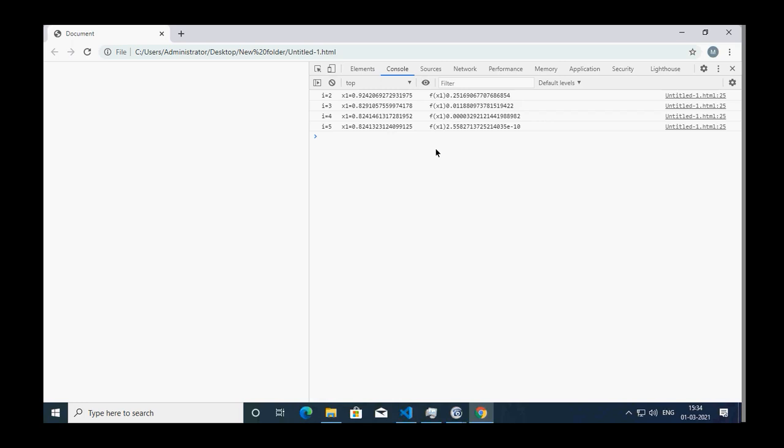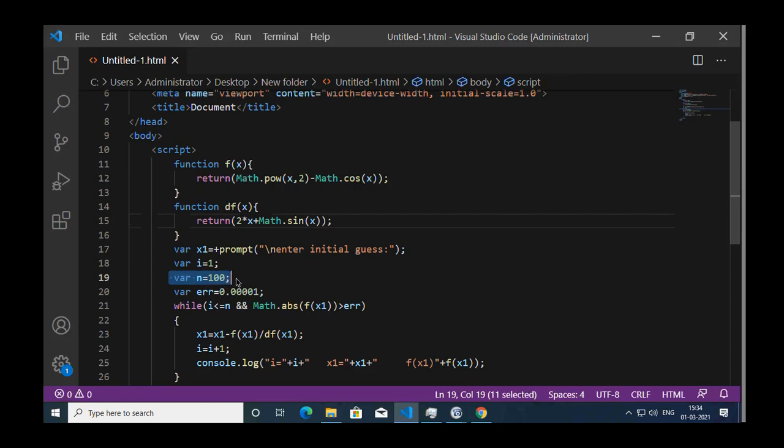So you could see within 5 iterations I got a very close value of the root. So this is how we approach and we write the program. Okay, we haven't checked the convergence criteria here in this case. But we don't need to check it. Say if this is greater than that, then don't solve it. Don't do it like that, because anyway we say perform maximum 100 iterations. So after 100 iterations we will realize that with this value it is not going to converge. That is one of the important things.